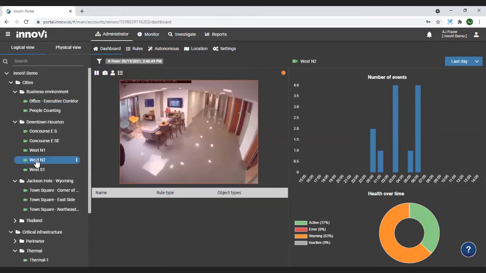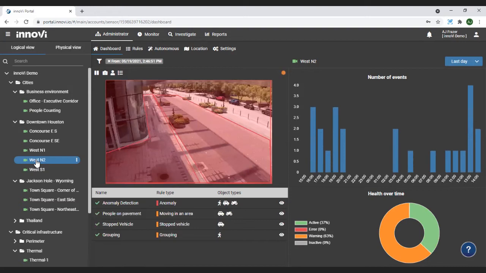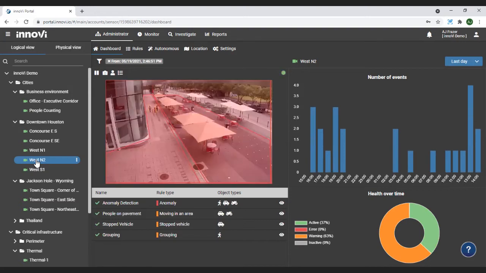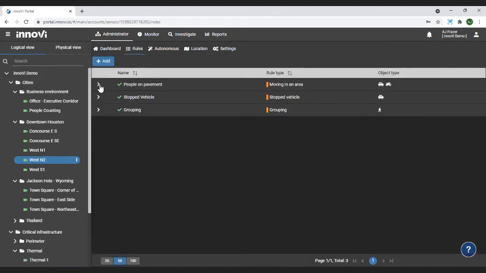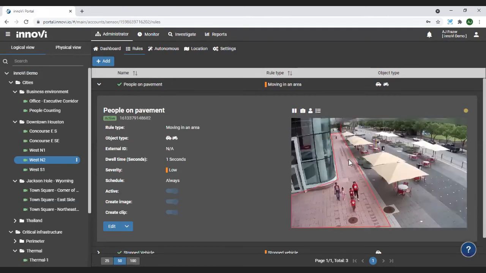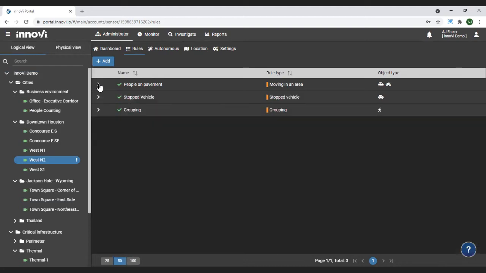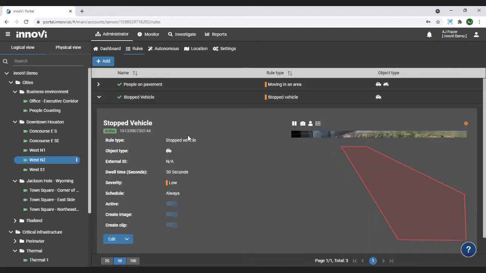Let's look at another camera. All right, so this is a live camera. This is closer to our time zone. Actually, if the Zoom session is keeping up, those people right now are actually being tracked by our algorithm. And I can see here, even from just a centrally managed GUI, the rules that are set up. One of my engineers set up a zone for people moving. There's those people again we were just talking about. All right. I have stopped vehicle.